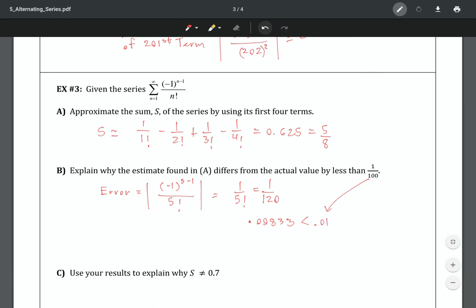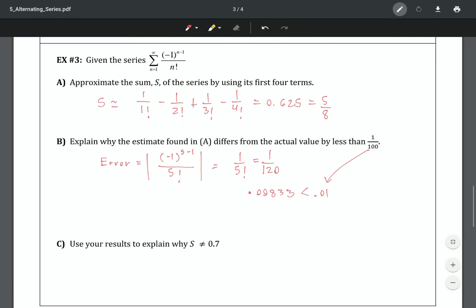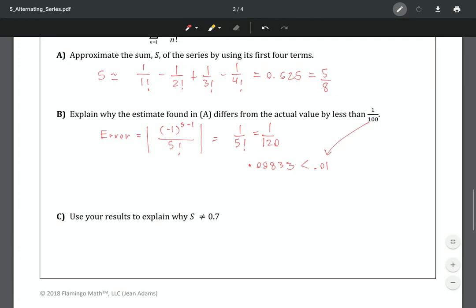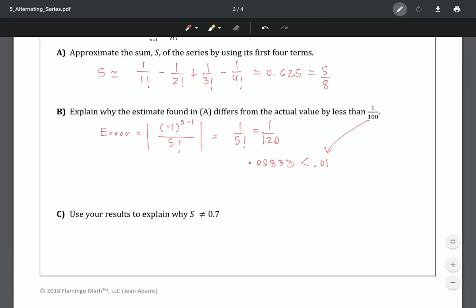Yeah, 0.01. So therefore, this is why that's true. Okay, so there's not a whole lot of things to do there. Now, it says use your results to explain why the sum cannot be equal to 0.7. Well, the reason that it can't be is because of this error that I just found previously. So basically the actual answer to the sum is going to be what I found here